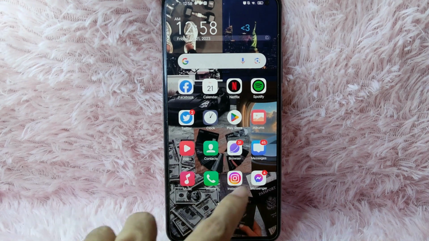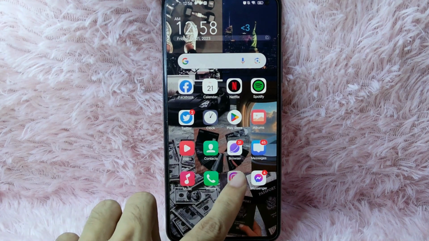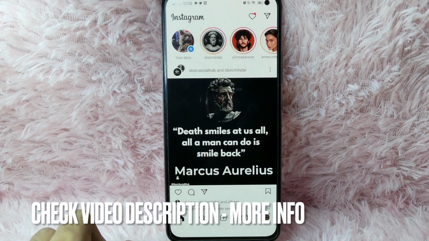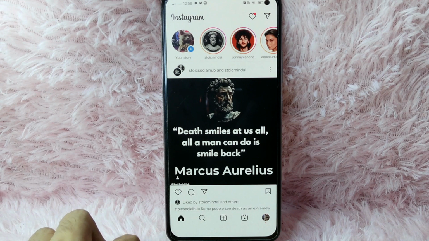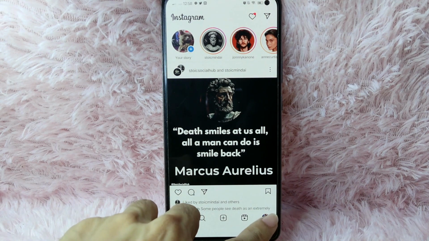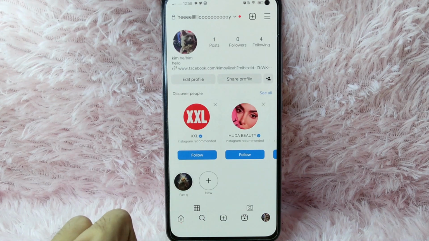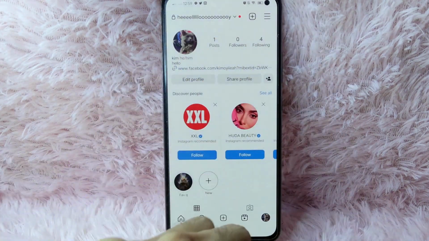First, you need to open your Instagram application and log in with your Instagram account. And then in here, you'll be directed into this Instagram homepage. From here, you'll see your profile icon at the lower right corner of your screen. Simply tap on it. And then from your profile page, tap on these three lines at the upper right corner